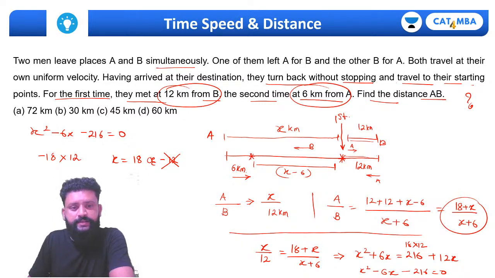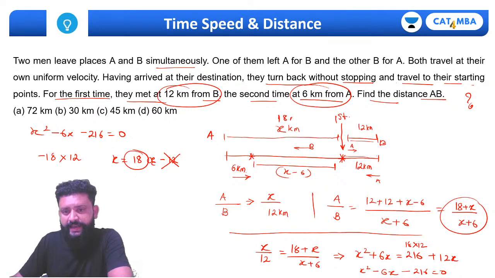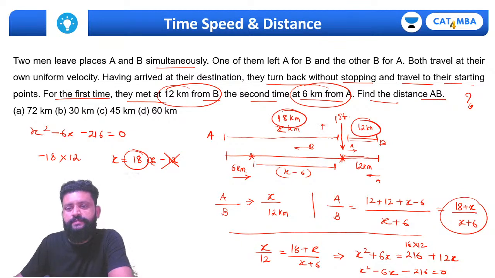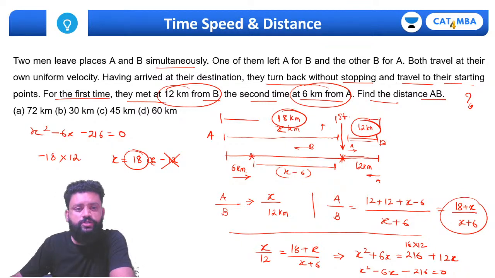So we are getting x as 18, so this must be 18 plus 6. So the distance from A to B has to be